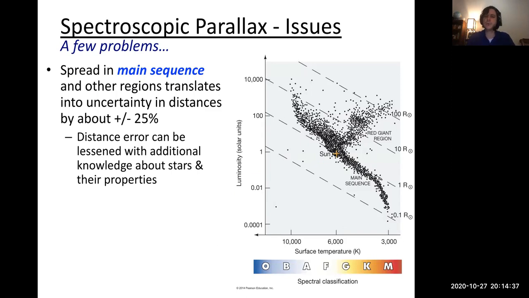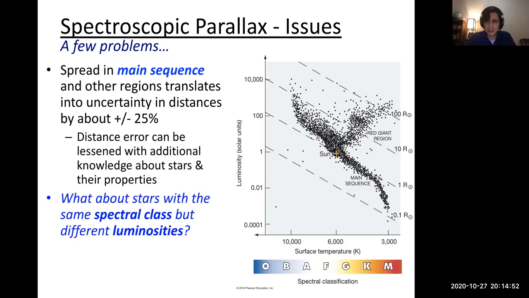However, we can leverage more knowledge about the stars to narrow that down, so that we can understand why the main sequence has width and correct for that. So we can really beat this error down, but it's still there. We're going to take some error in our distance measurement using this method. But that's only the beginning of the problems. A bigger problem that we're going to really have to come up with is, what about